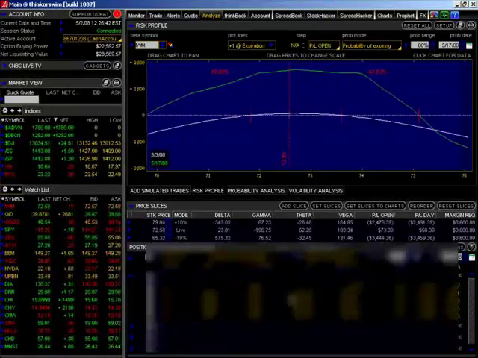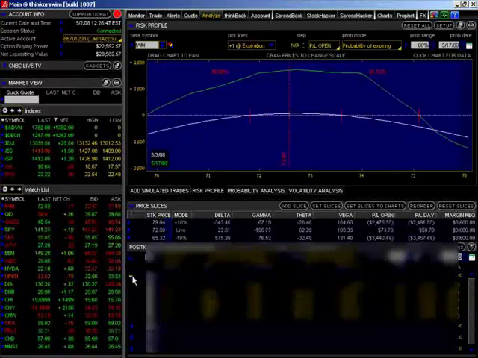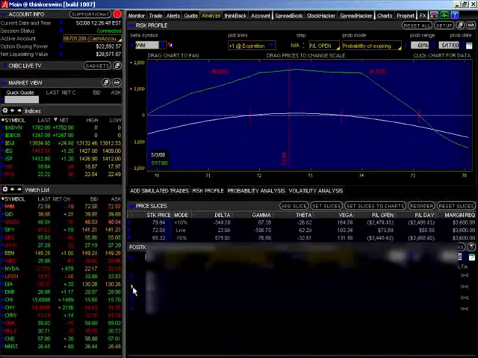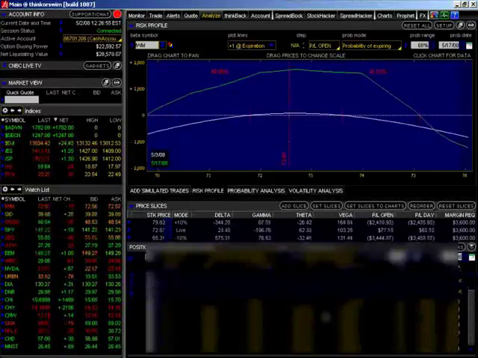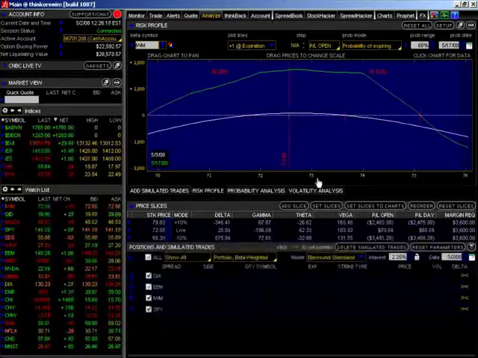Our diamond position, we still have our one door position on. We didn't make any adjustments to the diamonds. If we take a look at our SPY position, we had to do one adjustment, which was, there's really an art and a science. The science is the numbers. The art is knowing when to adjust.